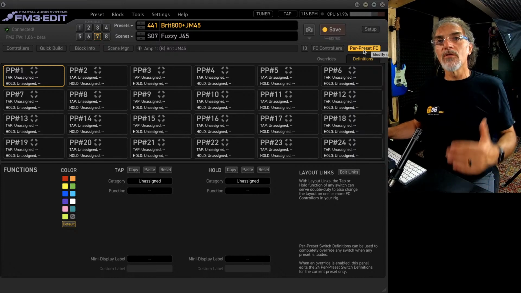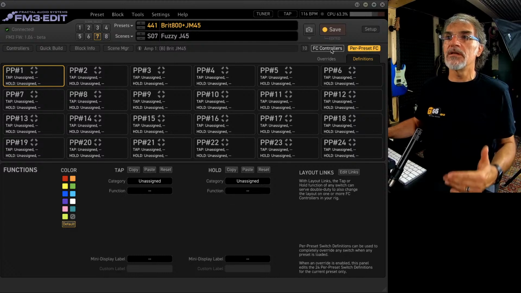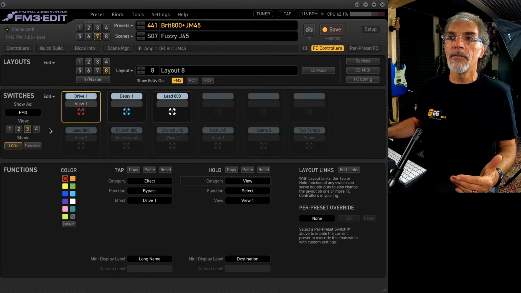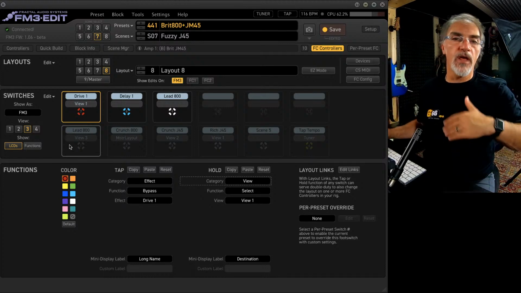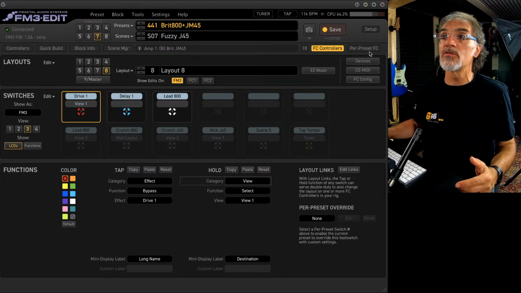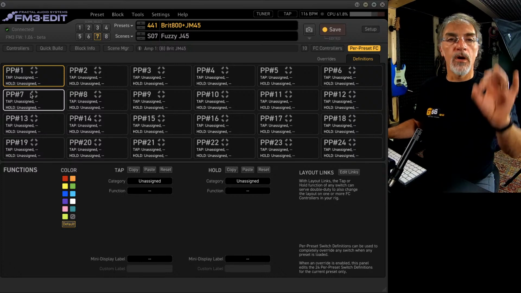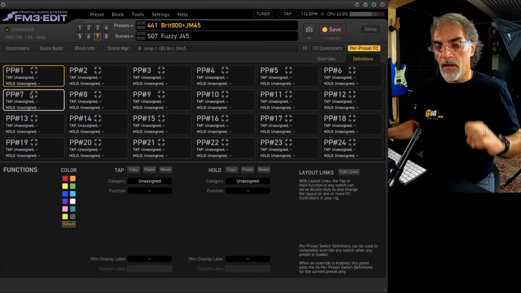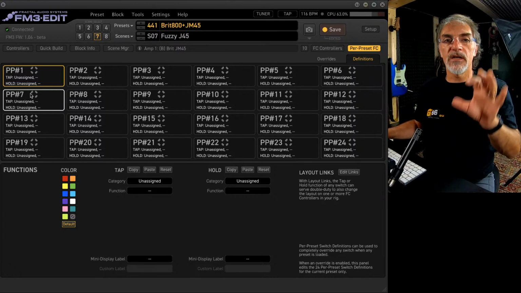So you can also have a config, because the foot switch controller is the general configuration, a global configuration that is valid for any preset. But you can also use the per preset function, and you can assign your configuration for any switch as you want, referred to the preset.